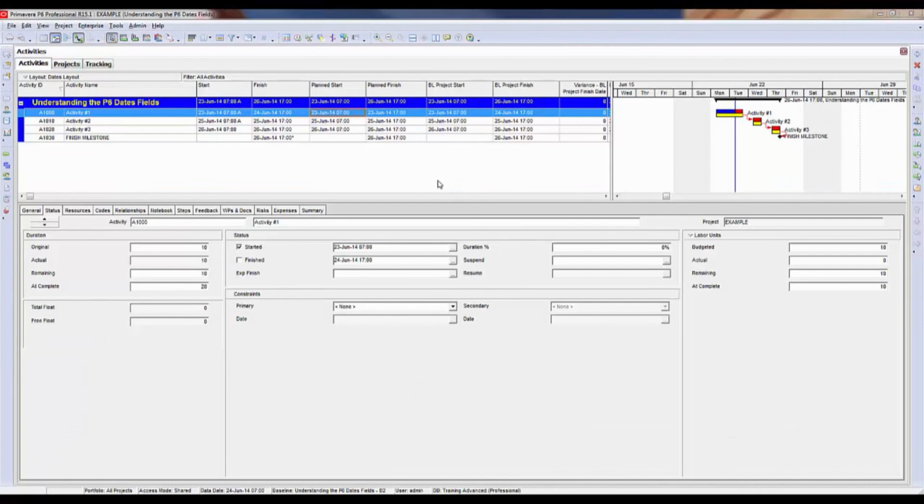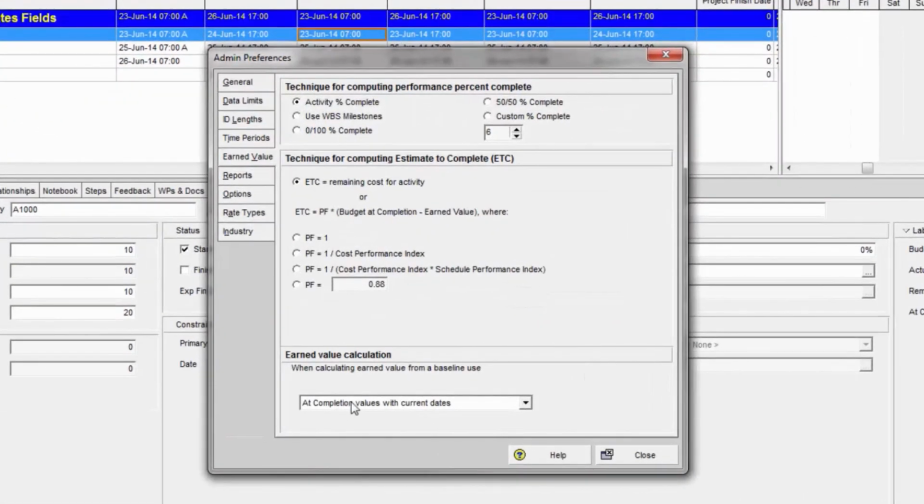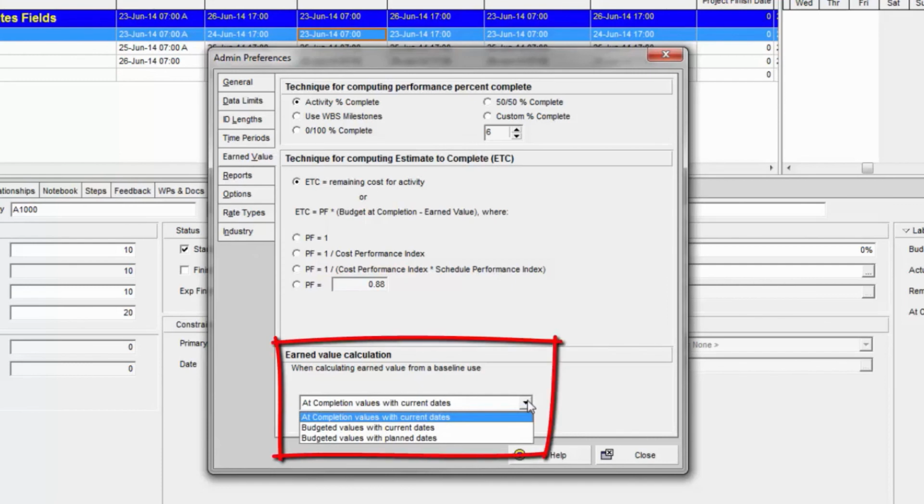If you have marked activities as started or finished, and then you're going to create a baseline after you've already entered some progress, or if you need to rebaseline, you need to have a clear understanding of the admin preferences. So if I go back to admin preferences, I need to make sure that I understand under the Earned Value tab this setting right here, because if it's set to the bottom one, which is budgeted values with planned dates,